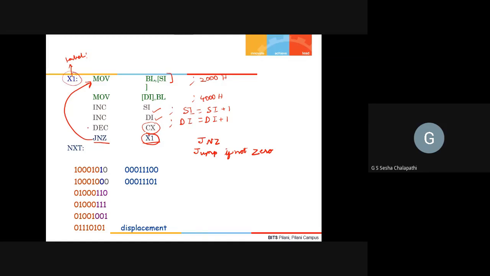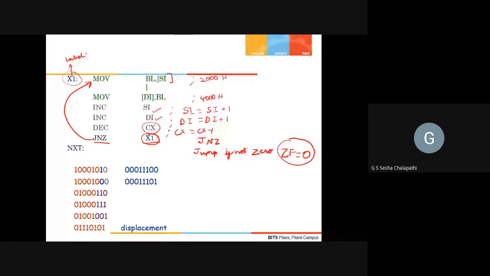It will jump to location X1 only if the zero flag is 0. So it will keep jumping to this location as long as the zero flag is 0. Now, the zero flag is affected by the previous decrement instruction. What happens here is CX = CX - 1.